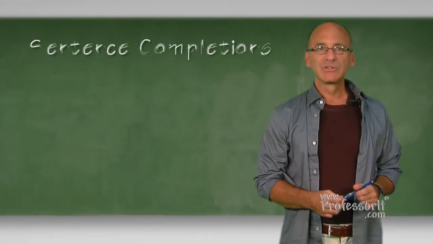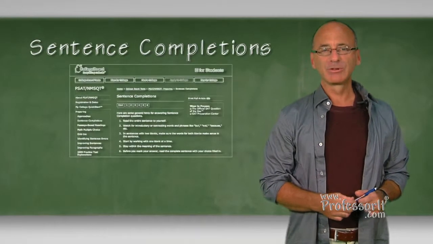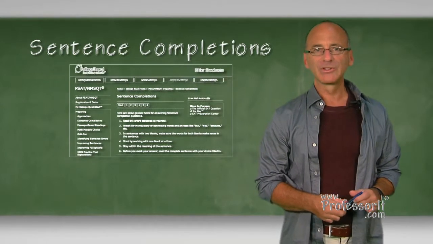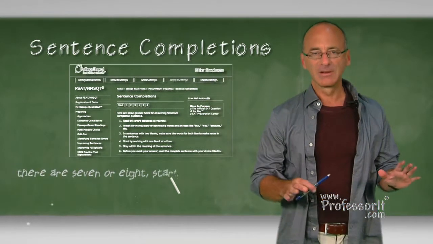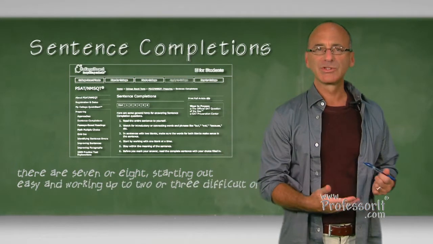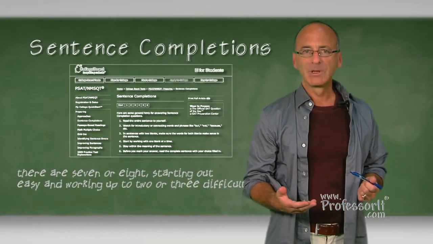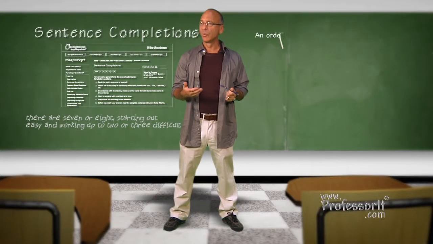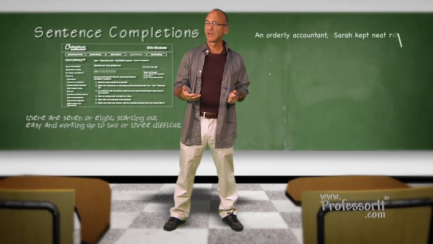Sentence completion questions usually come first on each SAT critical reading section. Frequently there are 7 or 8 questions, starting out easy and working up to 2 or 3 difficult ones. While the number of questions might vary, the format is always the same. You'll see a sentence from which either 1 or 2 words have been removed, and after this you'll see 5